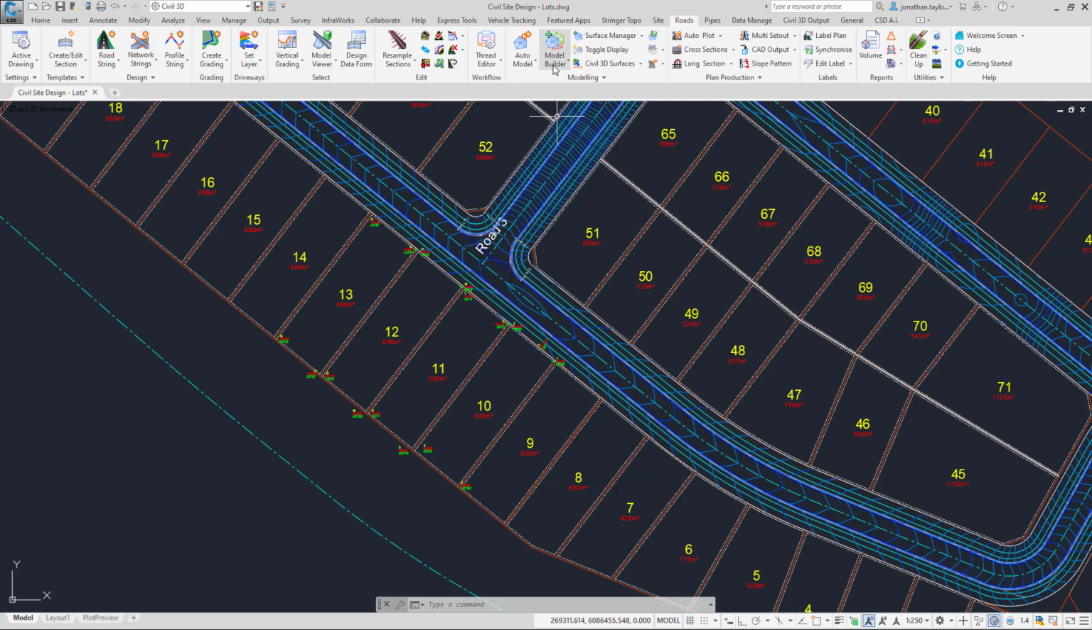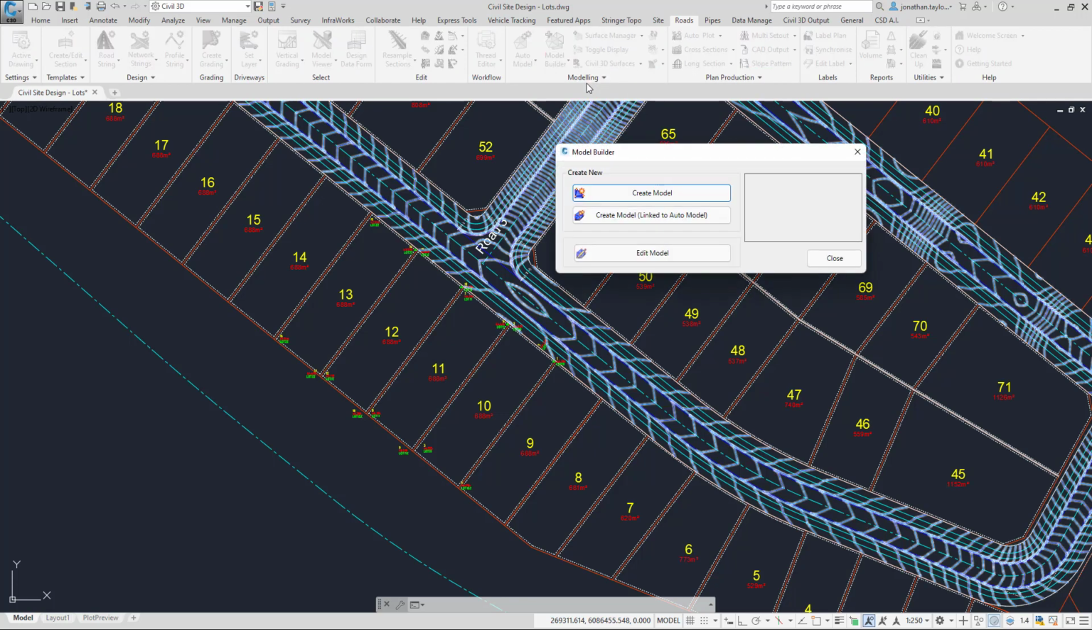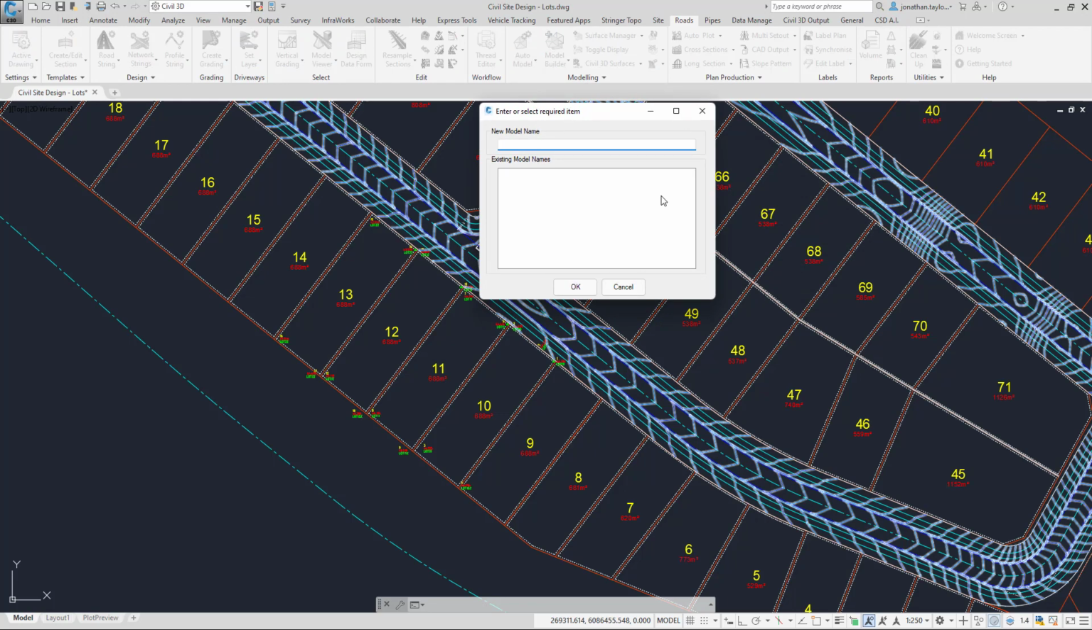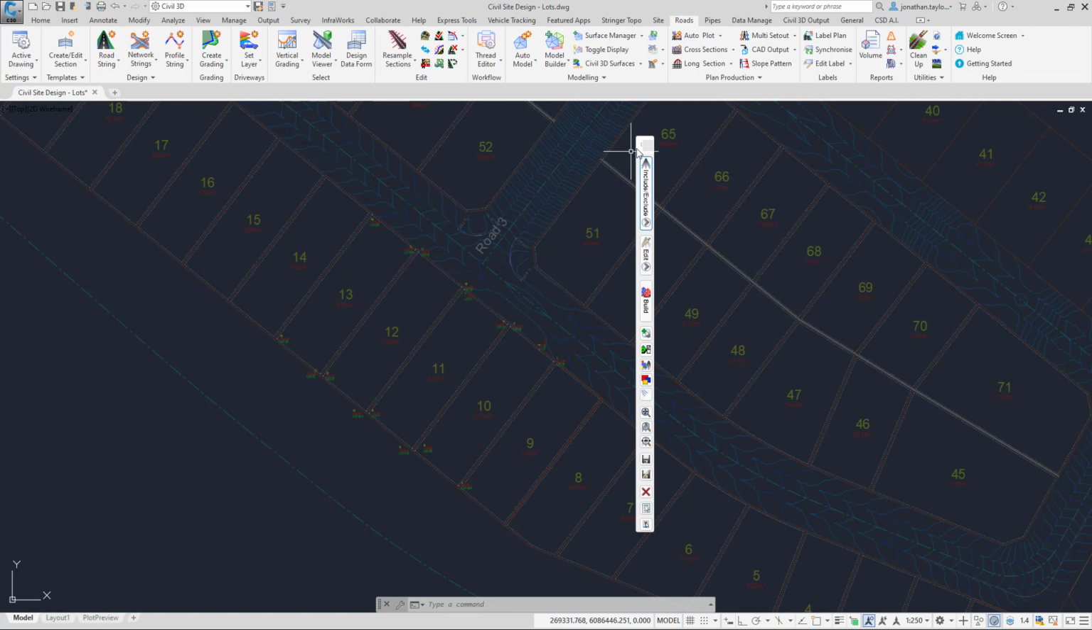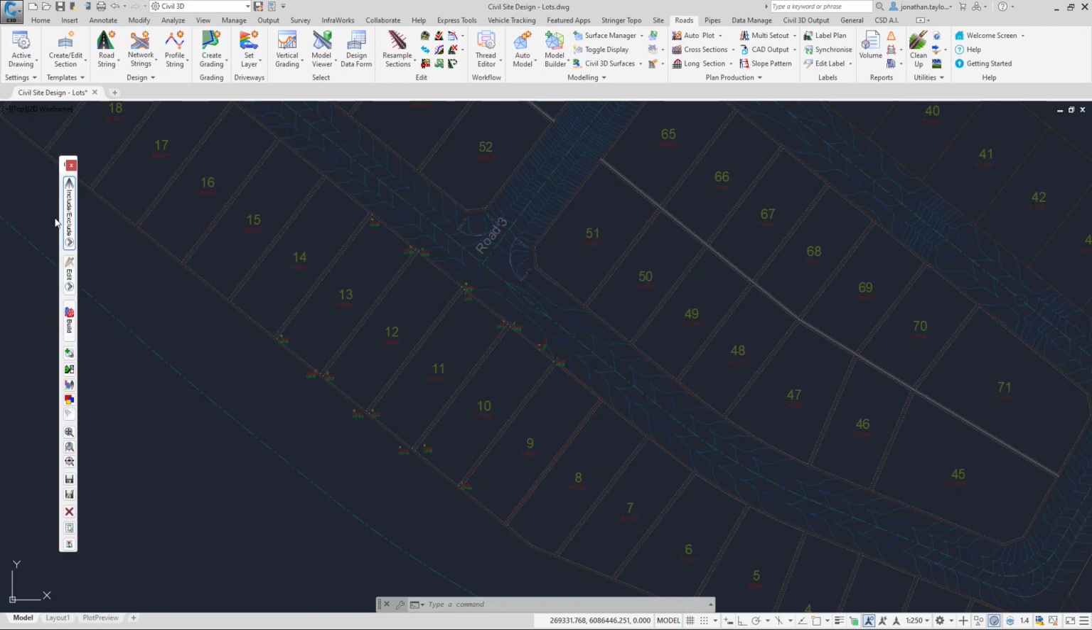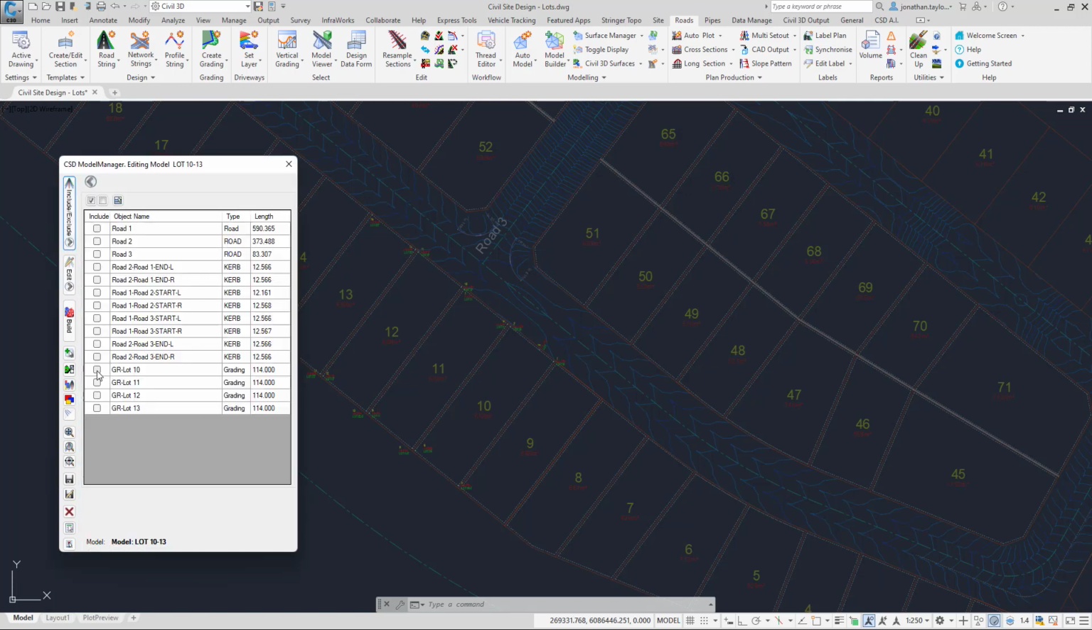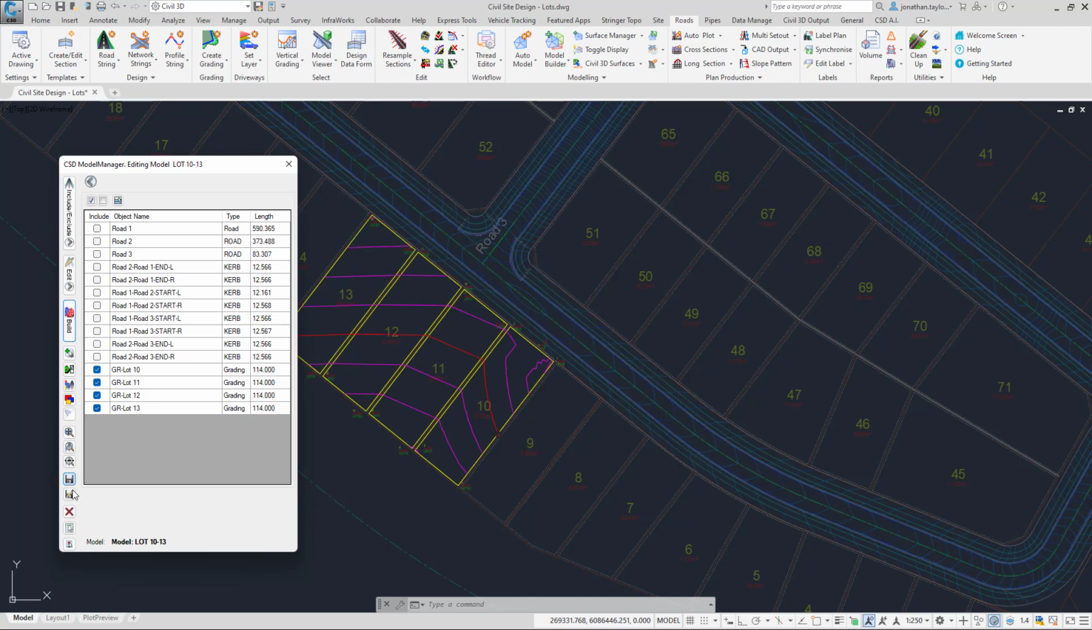So I'm going to click on the Model Builder pull down, click on Model Builder. I'm going to go and create a new model, and all I'm going to do is reference the lots and put lots 10 to 13 and click OK. Then using the toolbar, I'm going to include the strings that I want as part of this model, and it's simply clicking on the Include Exclude pull down and then choosing the lots from the list. All I now need to do is click on Build, and then once I've done that, click on Save down